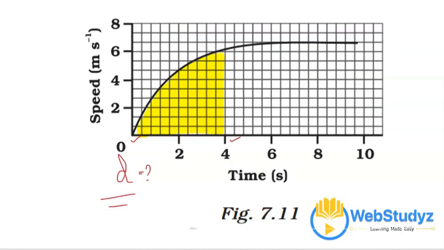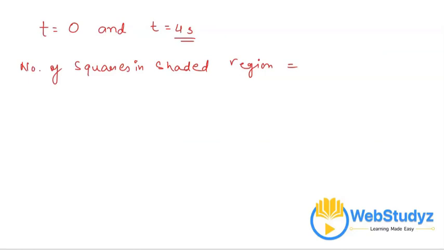Here we know the squares which are half like this one or more than half like this one are counted as 1, and the squares which are less than half like this one or this one are not counted. So the numbers of squares in shaded region equals to,